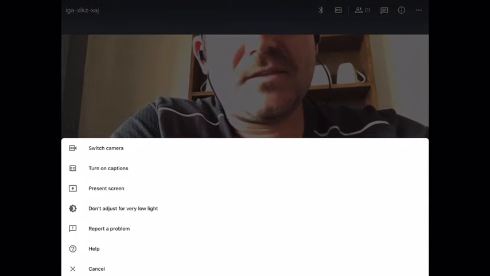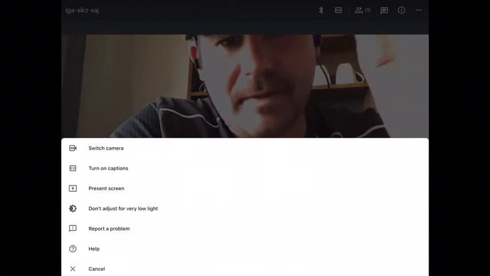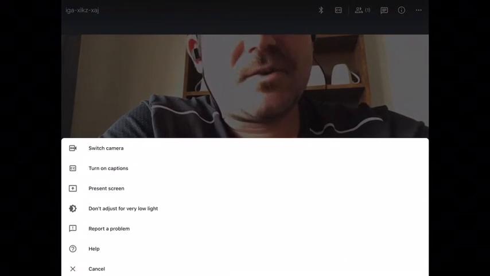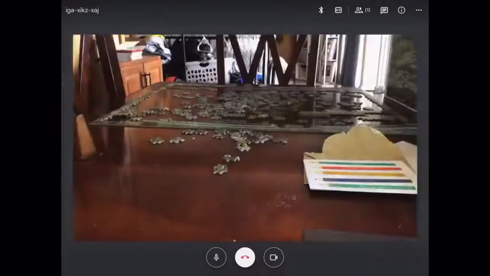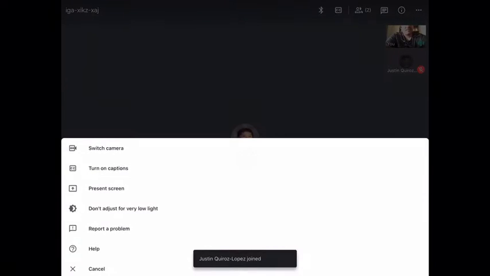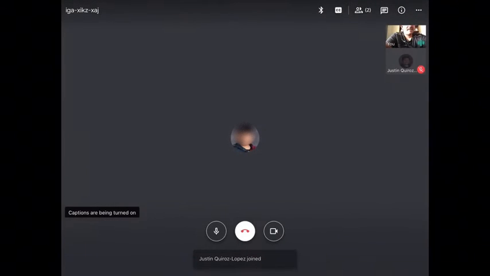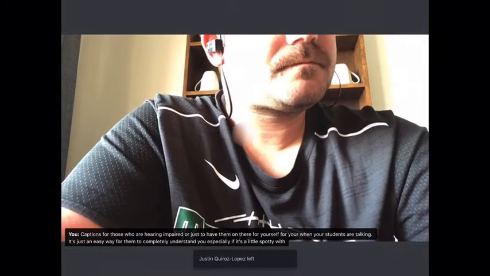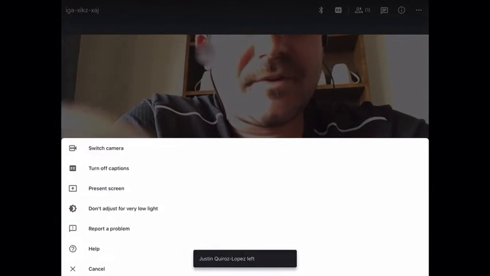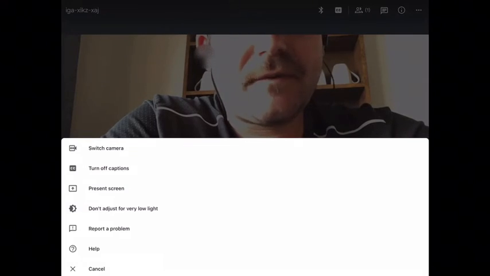A big help as well is when you present screen. So there's a couple options here as well. You can switch your camera to the opposite facing way. You can also turn on captions for those who are hearing impaired, or just to have them on there for yourself when your students are talking. It's just an easy way for them to completely understand you, especially if it's a little spotty with the audio. Then you can also present screen. So if I present my screen here,